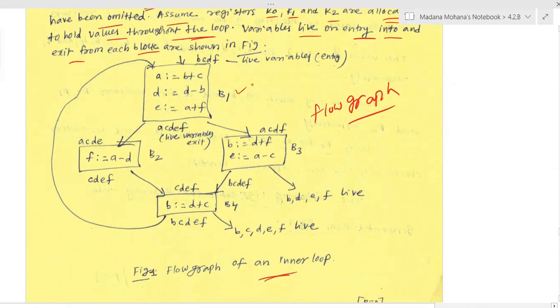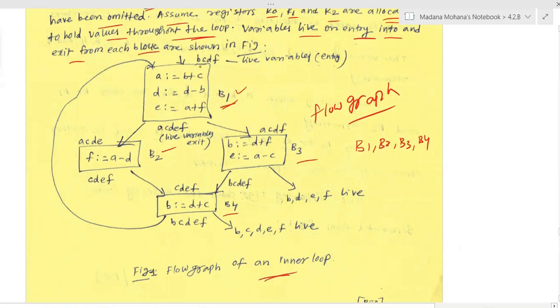So now here we have block 1, block 2, block 3, block 4. Four basic blocks are there, B1, B2, B3 and B4. The first one is designated as the initial block because you have to draw an arrow, and then all the adjacent blocks are connected. Now we have a loop from B4 to B1, that is the inner loop. You can come from B1, B3, B4, again going back to B1. Or you can come via B1 to B2, B2 to B4, again the loop. That's why this is called the inner loop.